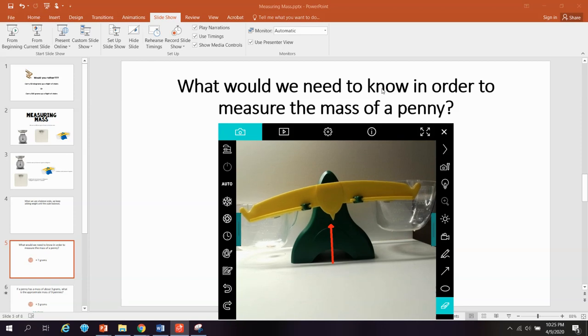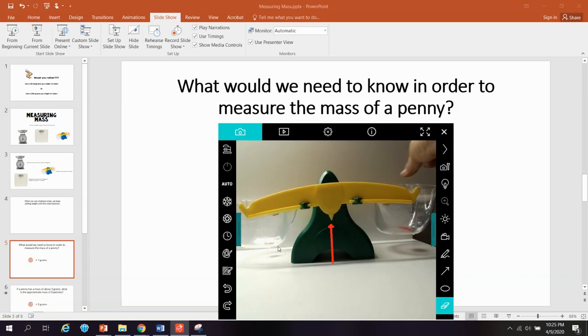And right now we can see that the pointer is shifting a little bit over to this side, okay? So I can see the penny is a little heavier than my other side. There's nothing in there, but it's not going down as low as the pencil. So I'm thinking that the penny might even be a little bit lighter than the pencil. Okay, so maybe my penny, instead of being 5 grams, maybe the penny is, let's try, and I'm going to